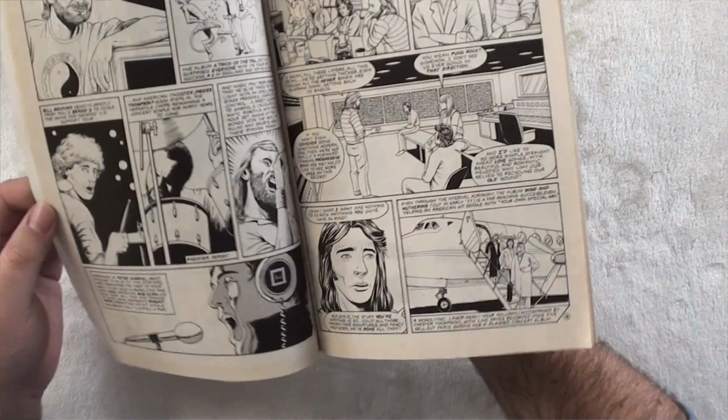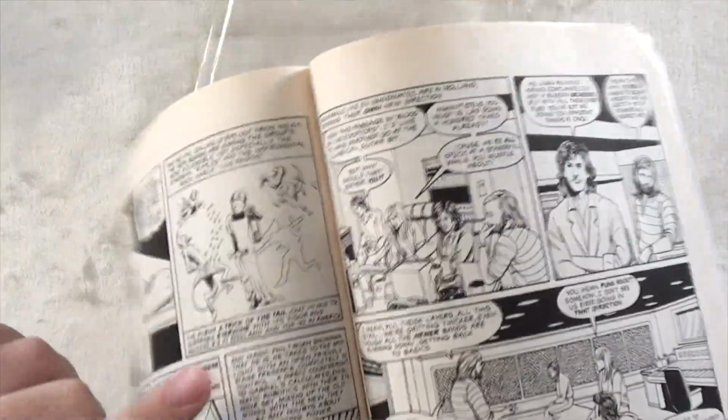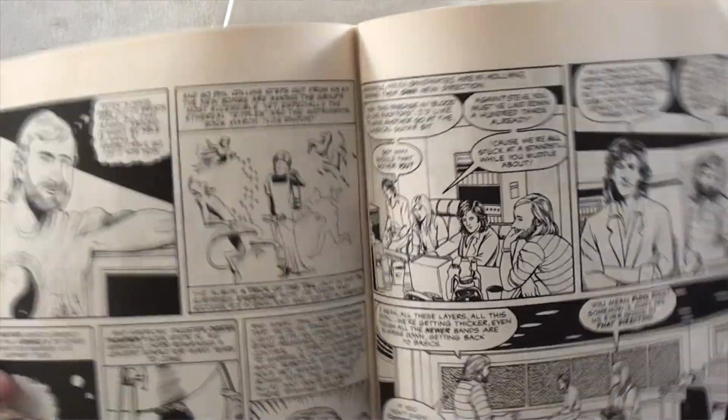This looks like it might be the story of how they formed Genesis. Although we got a satyr right there. Kind of cool. So anyway, there's Genesis. Very cool. I know that's backwards because you flip it over and fold it, but for this, we'll just leave it the way that it was. Now we have